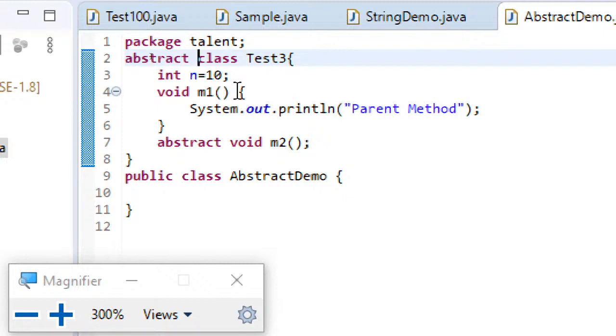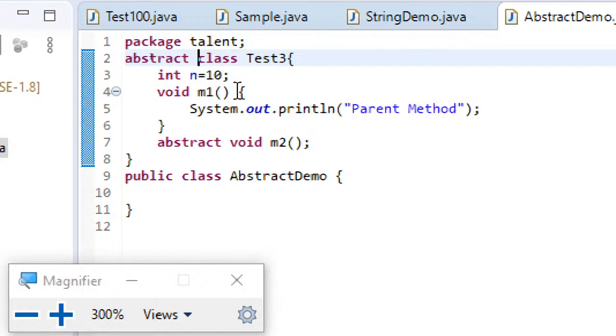If you want to declare a method for which you want all your children to provide definitions of their own choice, then you go for an abstract method.